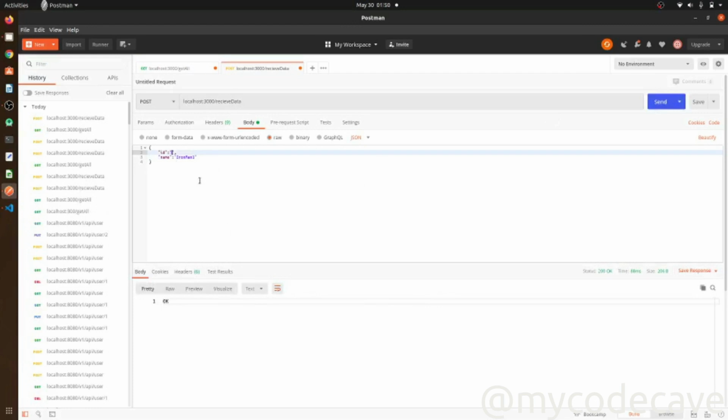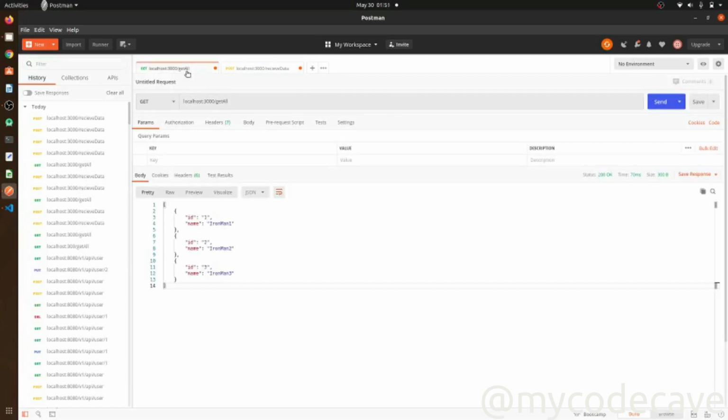Change the data to 2, then 3, and now let's add one more last thing, that is 4. Now let's see if our data is with us or not. Yeah, we have all the 4 data.